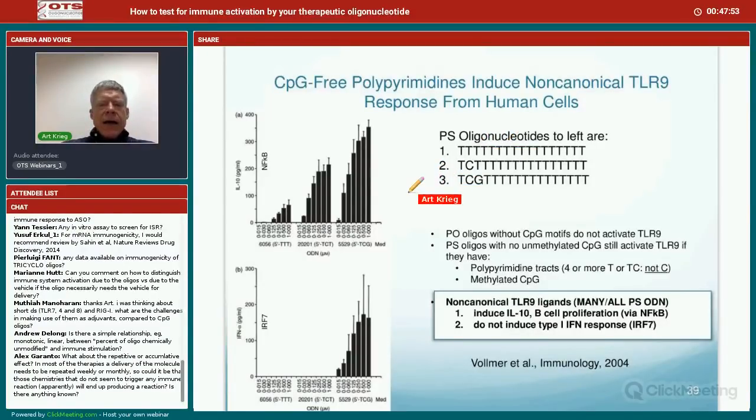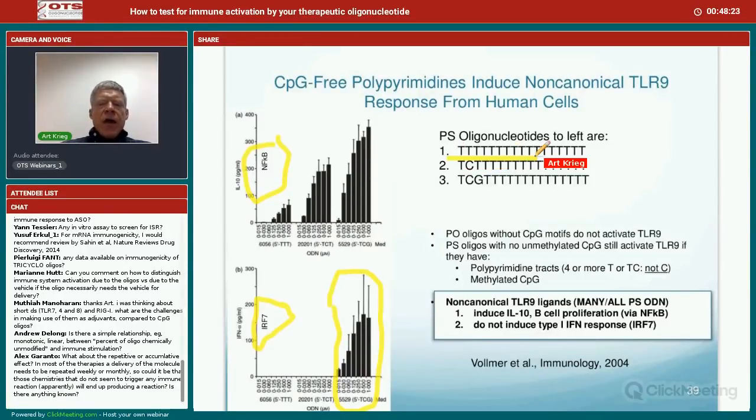What you're looking at on this slide is on the top, we're assaying for NF-kappa B induction, and this is on human PBMCs. And at the bottom, we're assaying for IRF7 activation by looking at interferon induction. Now, classically with CpG oligos, you activate both of these. And so the oligo on the right-hand side here, this is a CpG oligo, and it activates both of those